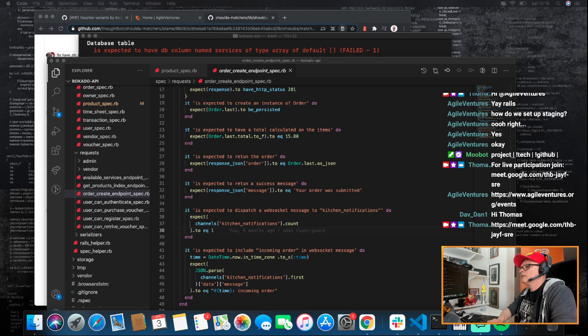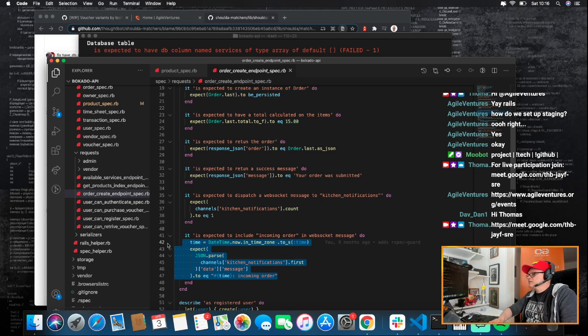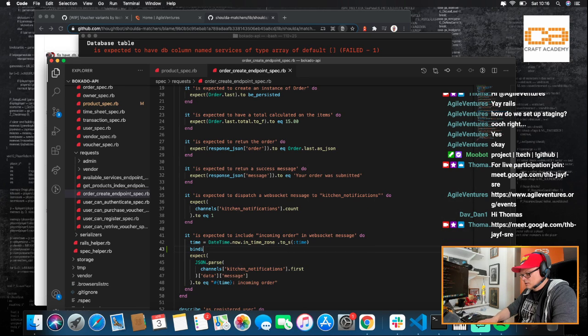Anyway, so I'm actually counting the outgoing messages, and then I can also run this assertion that I can parse this channel's message, and that there is an incoming order. Do you understand? So this is pretty neat, to be able to do this kind of thing. I will just set a binding pry in just a second to do that. Well, I can do it now actually. So let's just set binding pry